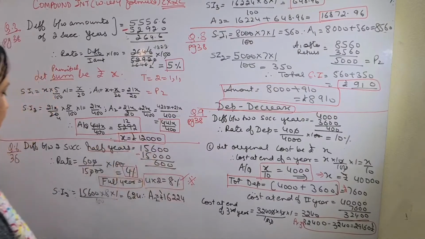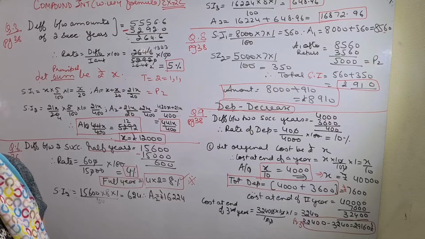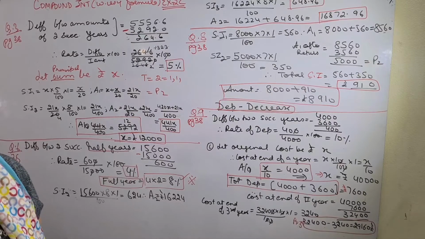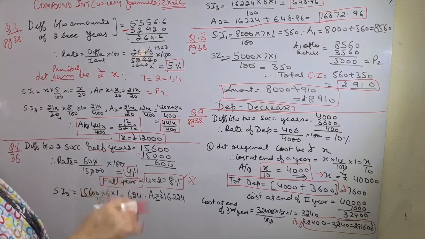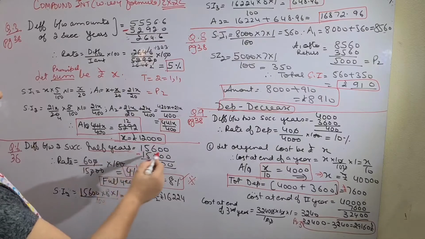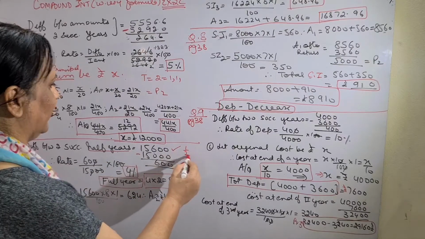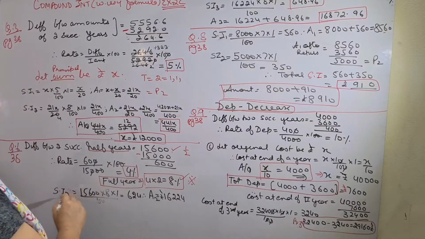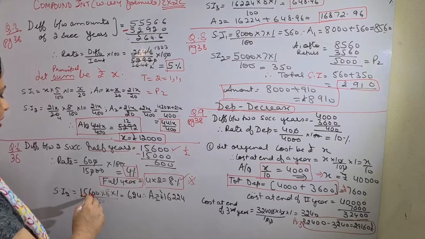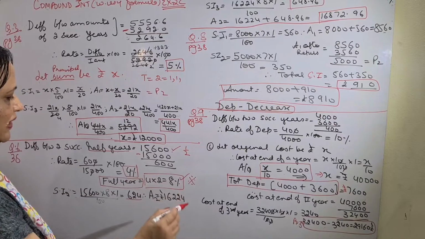Be careful about it. Then they have asked you to find the total amount of the money that Geeta must pay at the end of 18 months. At the end of the 18 months means you have to find next 2 halves. One amount you already know, 15,600. This was after first half year. So amount will become principal for second step, that is SI2, 15,600 into 8 into 1/100, and that will be 624. You please calculate it.